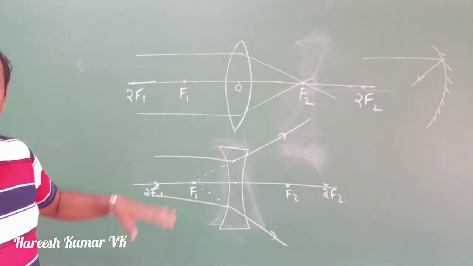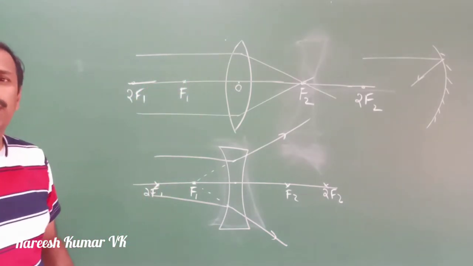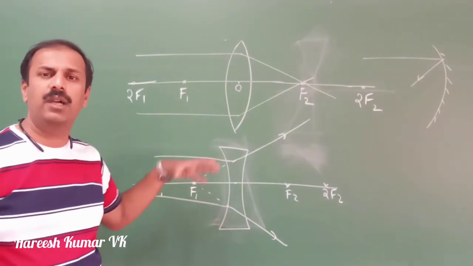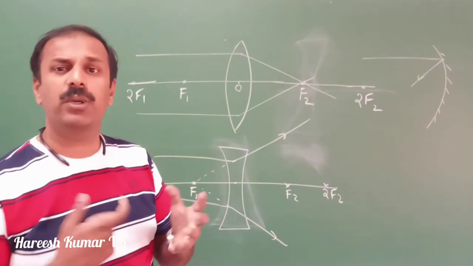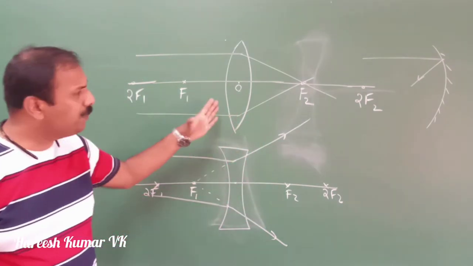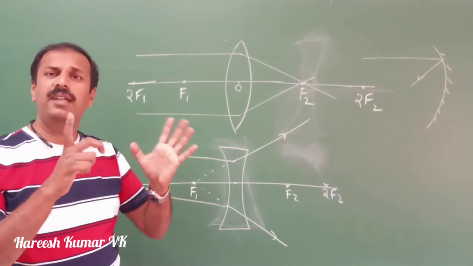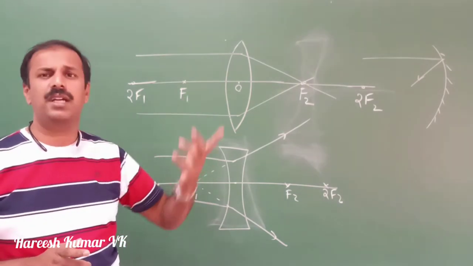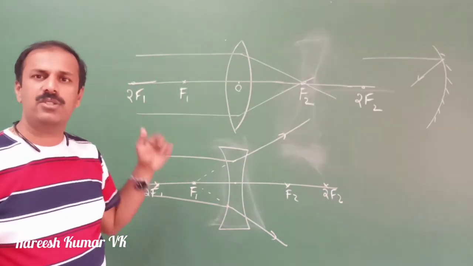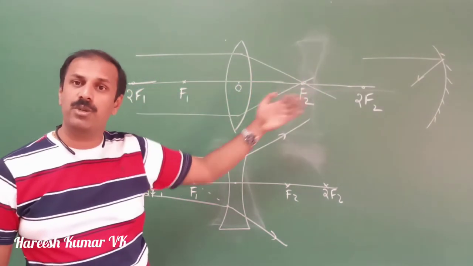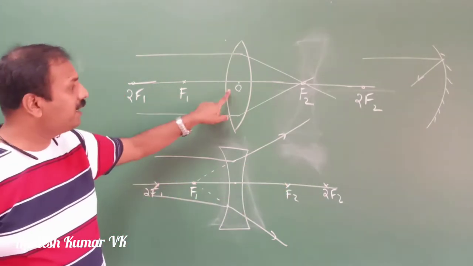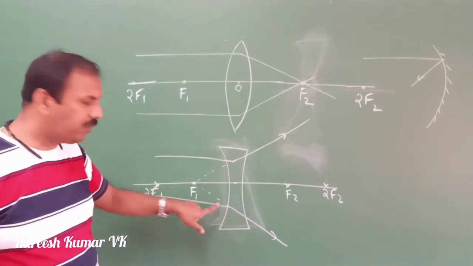Now, for this one we have to draw the ray diagram. For each ray, how the light will pass through it, that we have to discuss. Then only we can discuss more about the image formation and all. Now from the picture itself we can see the sign convention will be the same as the previous sign convention. So the object will be this side, the image will form that side or this side. So that direction you will take as positive, this direction you will take as negative. So from the picture itself we can see here the focal length will be positive, here the focal length will be negative.